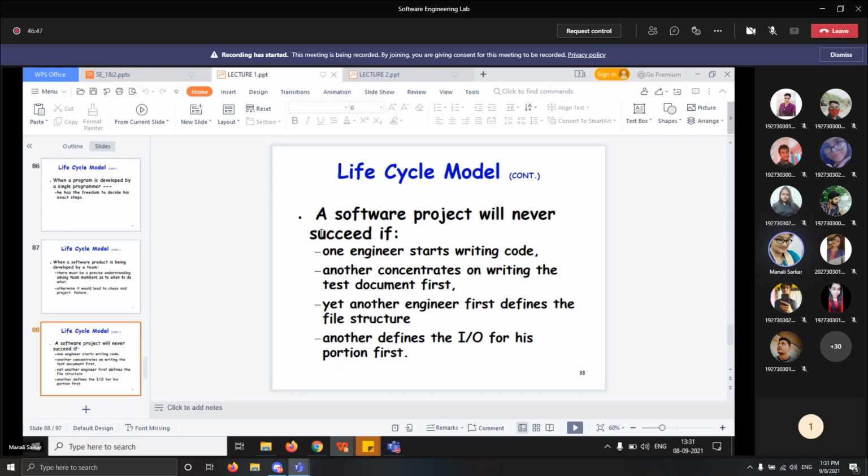Okay. So see here. A software project will never fail if one engineer starts writing code, another concentrates on writing the test document first, yet another engineer first defines the file structure, and another defines the input output for his portion first. So in this way, if the work is done, that's why we have designed